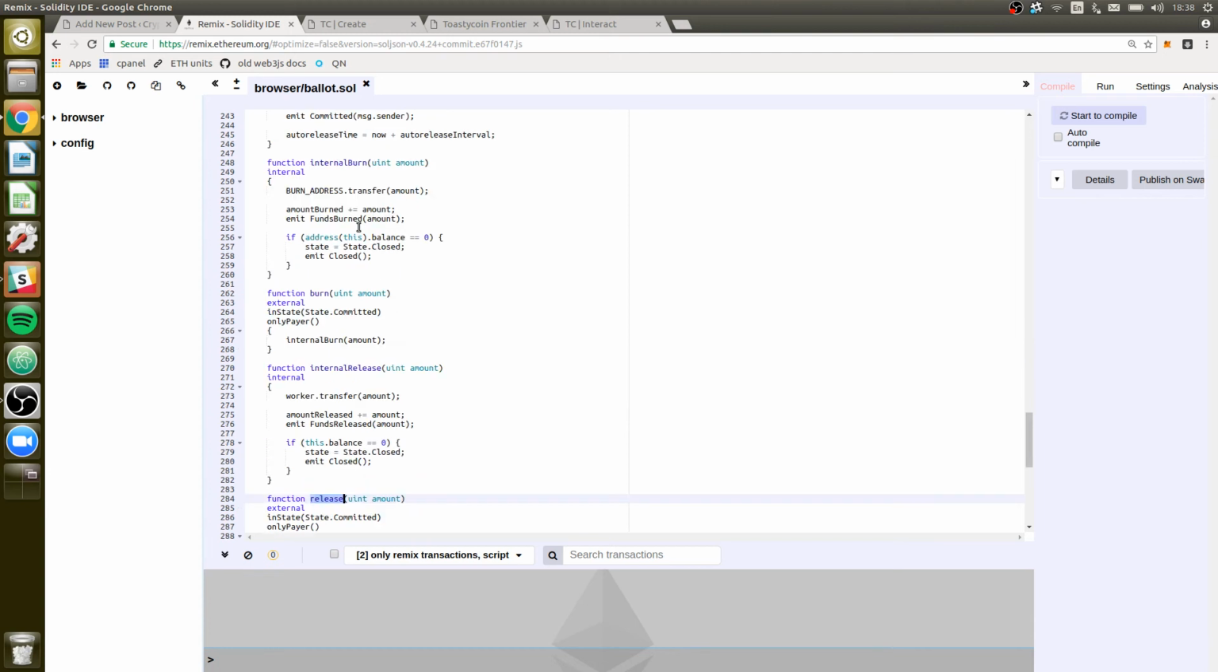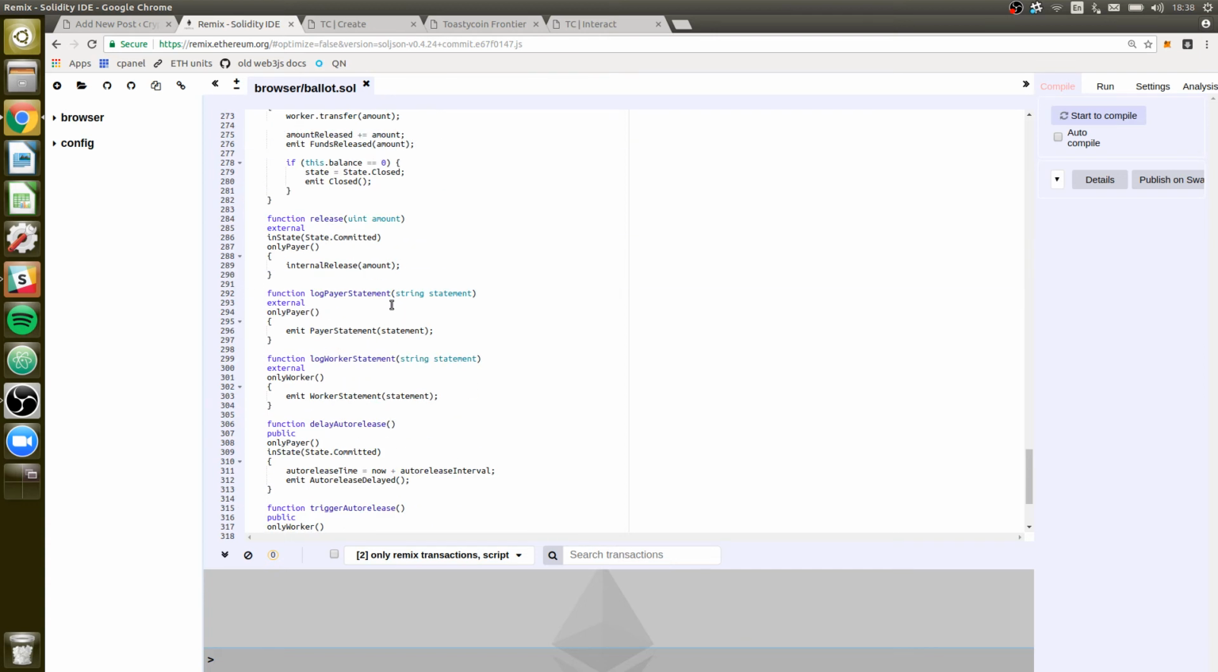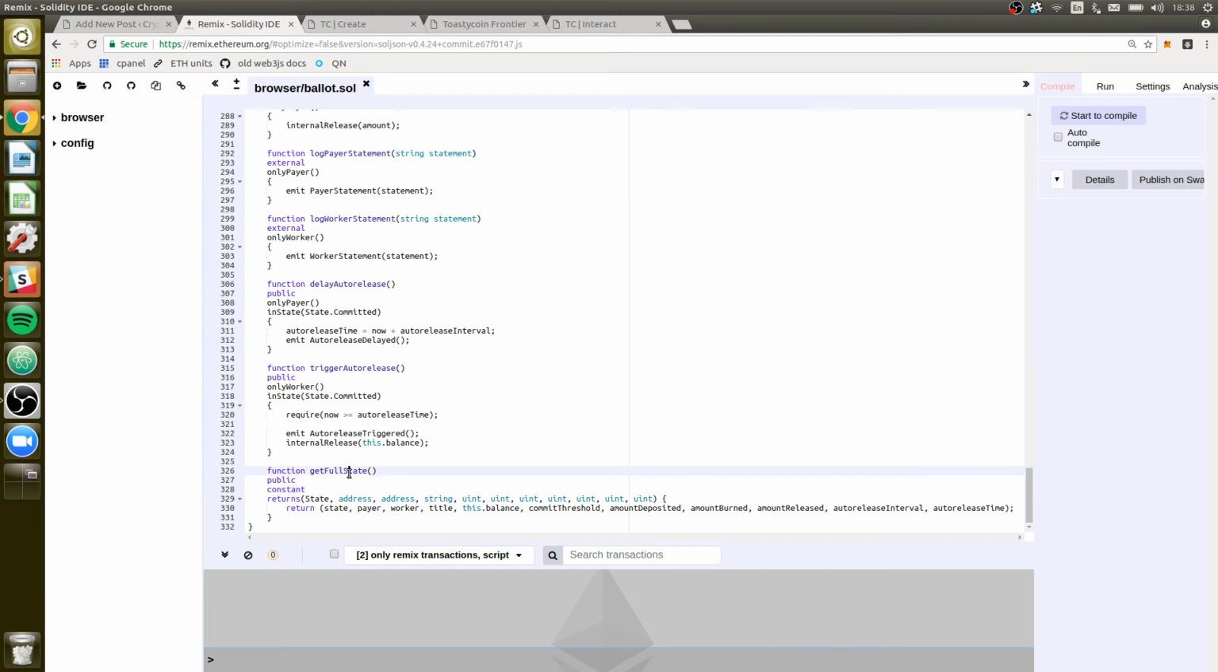I don't think I use the internal burn anywhere other than in the burn function, but I didn't know that when I designed it, and part of me feels like it's good to have a similar structure with the release and the burn. Anyway, this get full state is just a getter,